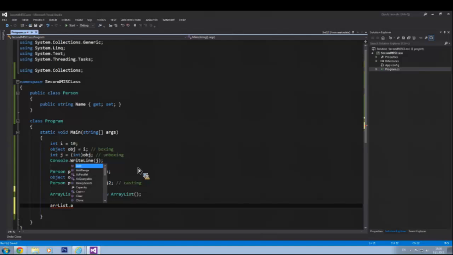All right, so we have an array list. Now, an array list, if I say array list dot add, you see what it takes? It takes an object, right? You see, .NET Framework,